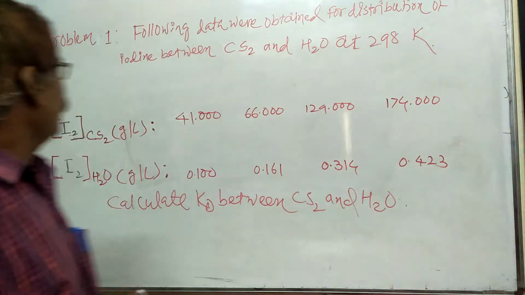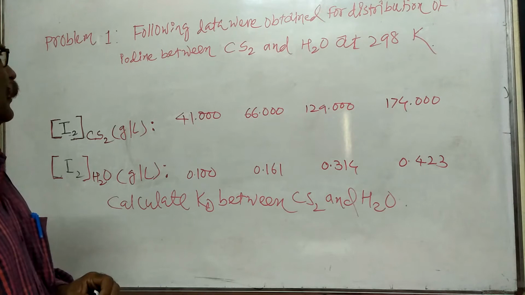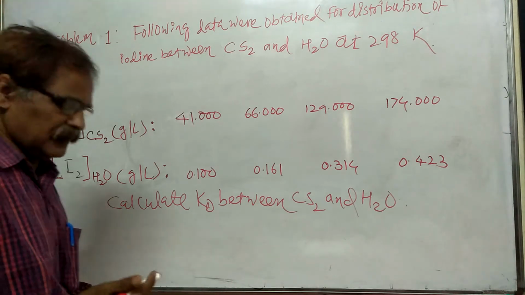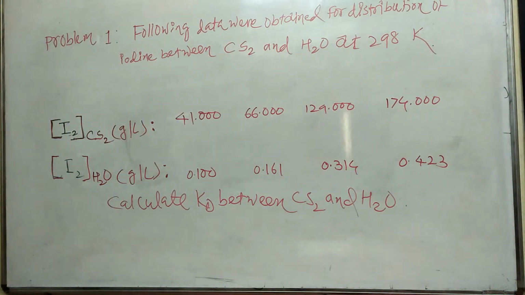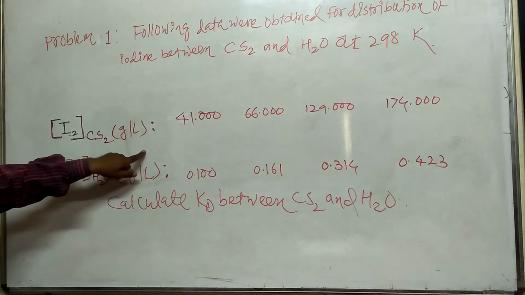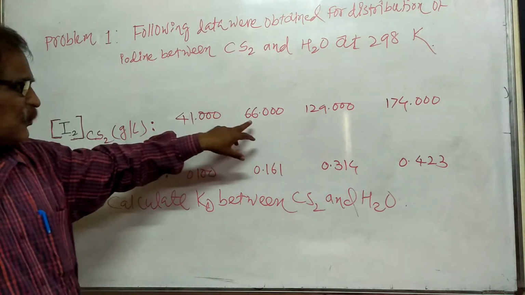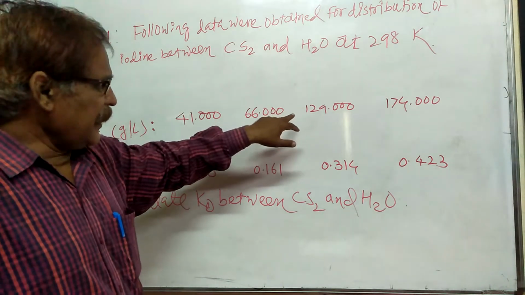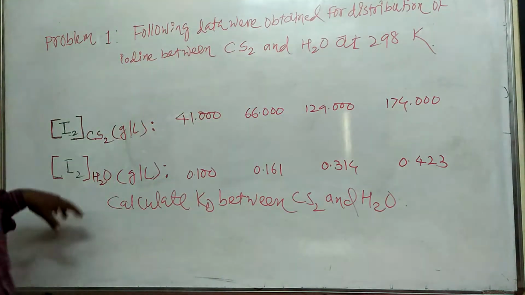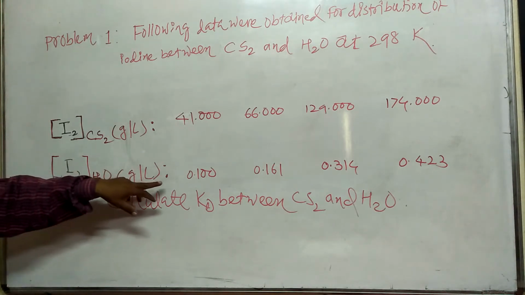Let us see the first numerical problem. I read it here. Following data were obtained for distribution of iodine between carbon disulfide and water at 298 Kelvin. Concentration of iodine in carbon disulfide in grams per liter is 41.00, 66.00, 129.00, 174.00, and the concentration of iodine in water in grams per liter is